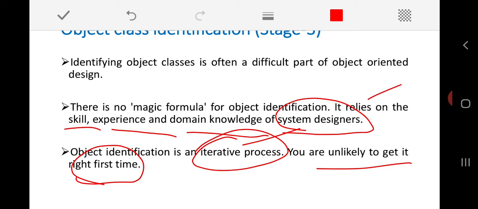Most of the time, as time lapses, you will have a better understanding of your system, so you will get more and more ideas about the system you are planning to design, and automatically you will come up with a different variety of objects.